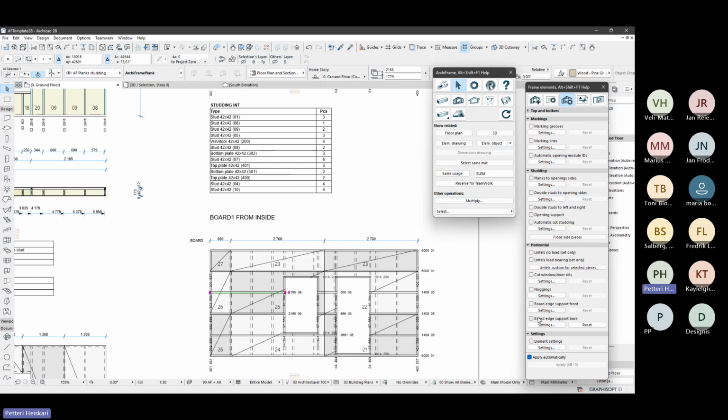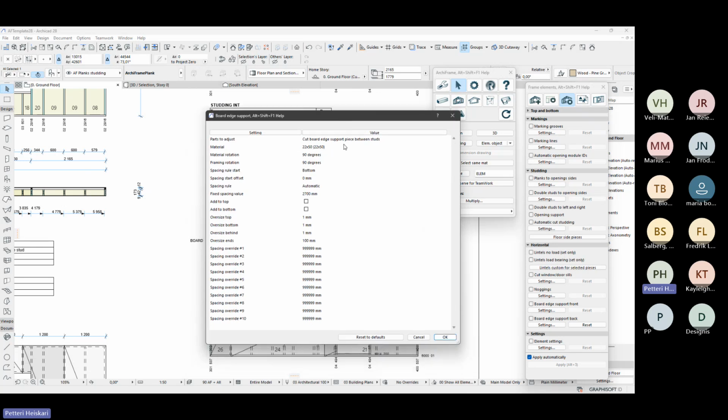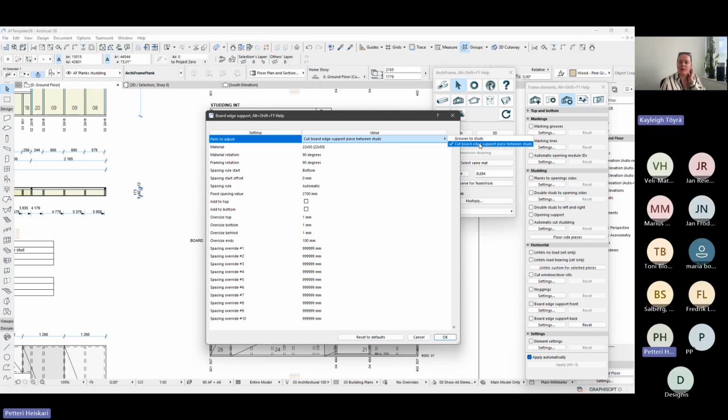Now that we are looking from outside, the board is at the back side of this horizontal studding layer. So let's see the settings I'm using here. You have the option to make grooves to the supporting or framing studding layer, or then you